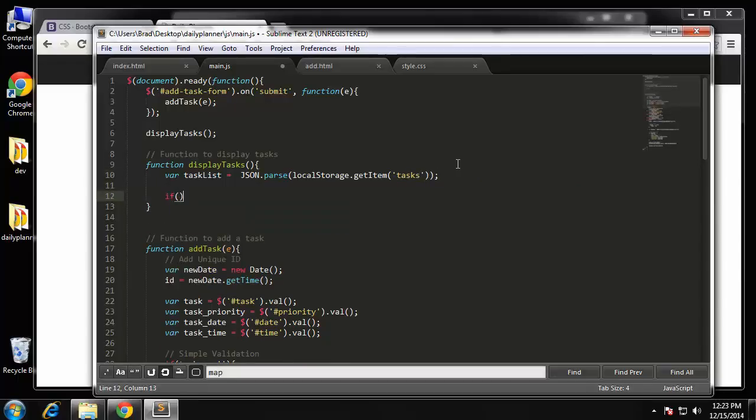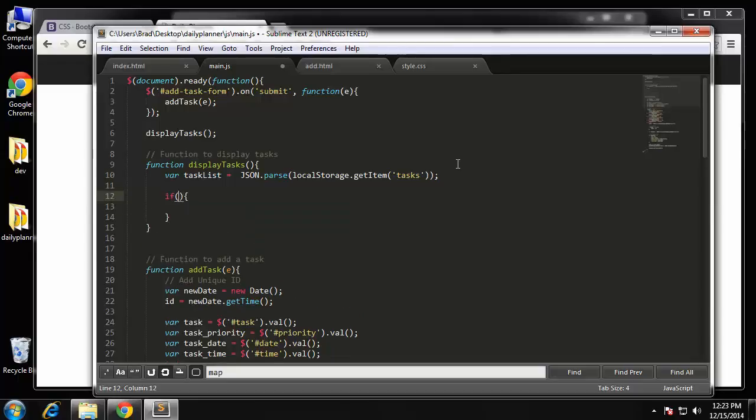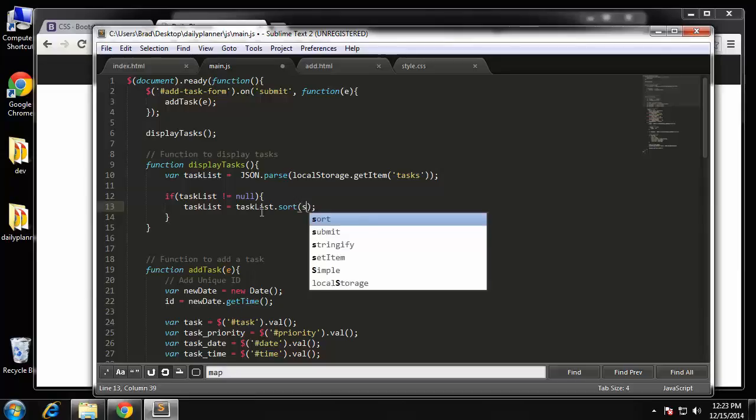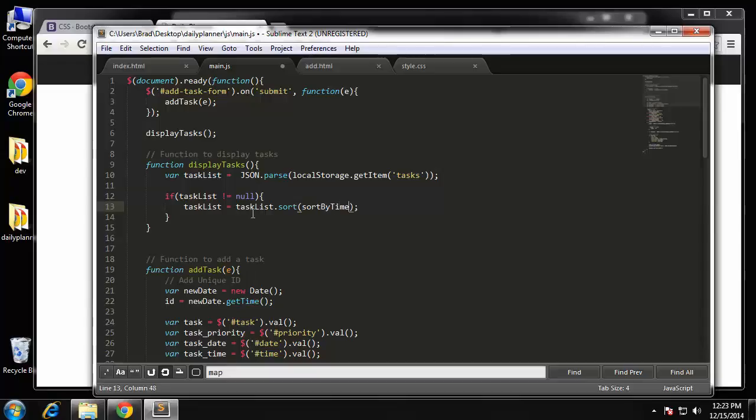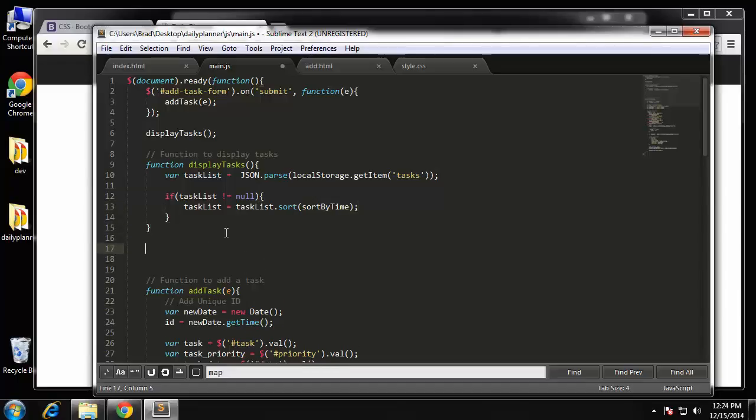Alright, now let's say if task list is equal to, I'm sorry, if it's not equal to null, then we want to sort it. Alright, because we want the date, we want the top to be the most recent. So task list equals task list.sort, and then we need to create a helper function which is going to be called sortByTime. Okay, and that's a little complicated to do the sorting here,